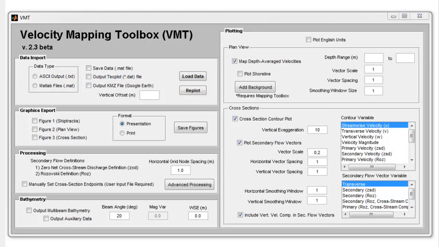Welcome to tutorial number 3 for the VMT. This is a tutorial designed to take you through the process of creating a reach-wise plot of depth or layer average velocities using preprocessed transects from VMT. So we're going to load files back into VMT that have already been processed and visualize the flow through a